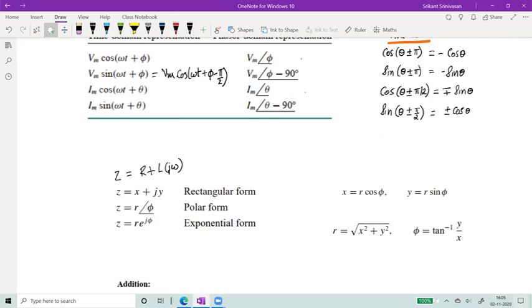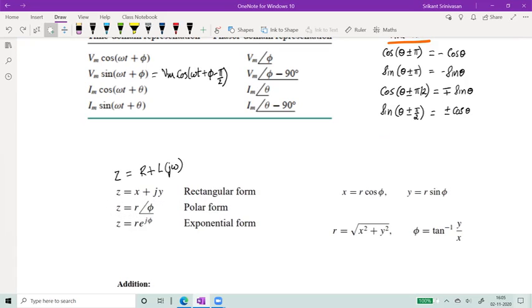And therefore this is like this expression. So I have x as the real term, some resistance, plus j times y, which is what? Omega L. If I have some expression like this, an impedance in the rectangular form, I can convert it into the polar form by writing it as r angle phi, where r is the magnitude, the root of x square plus y square, and phi is tan inverse y by x. In the exponential form, it would be r exponential of j phi. In the polar form, we write it as r angle phi.